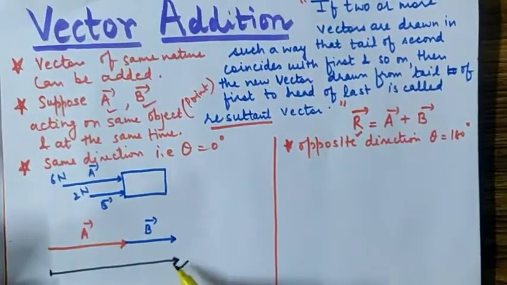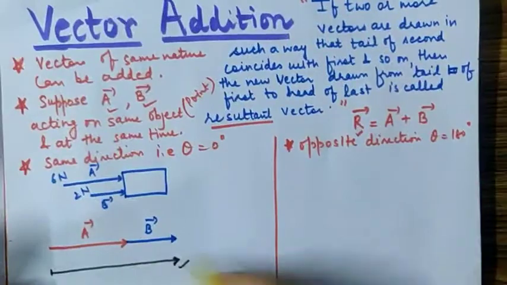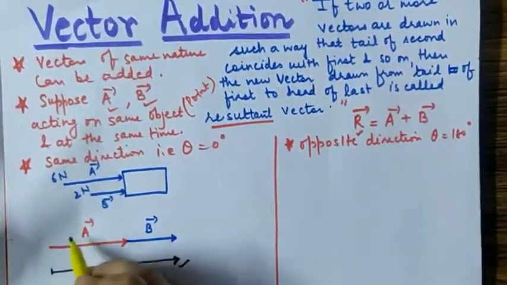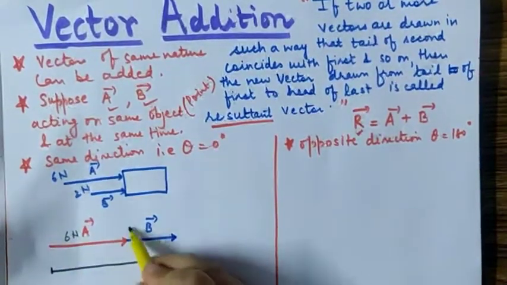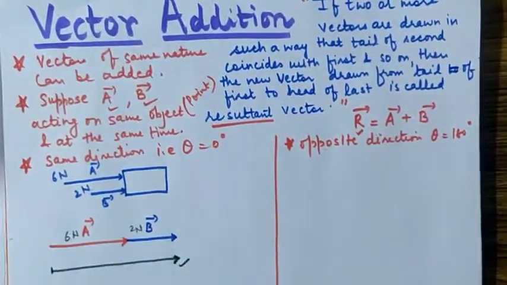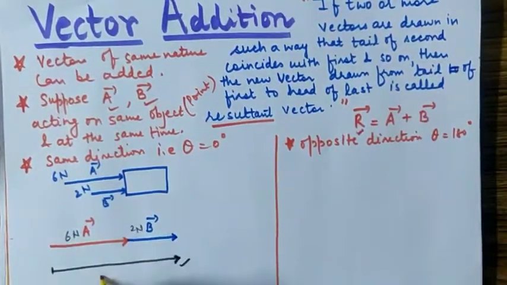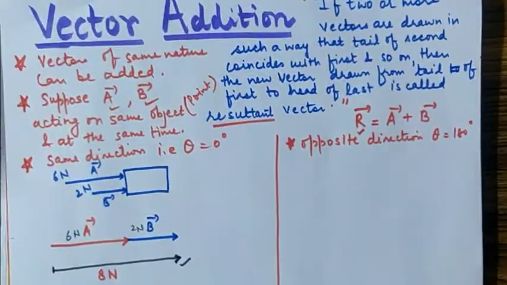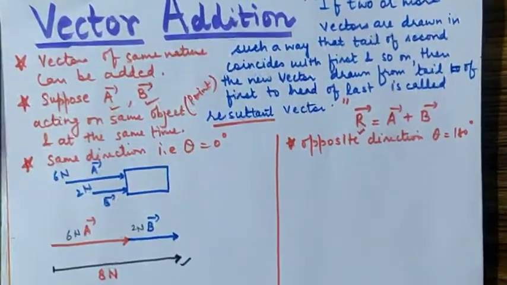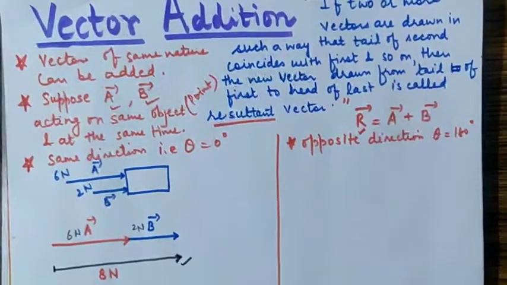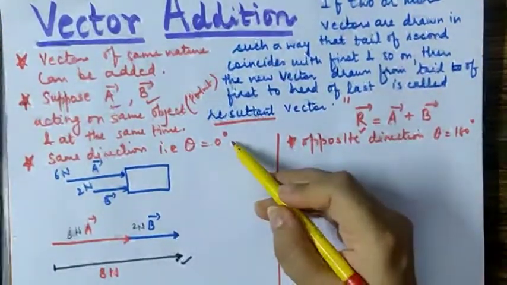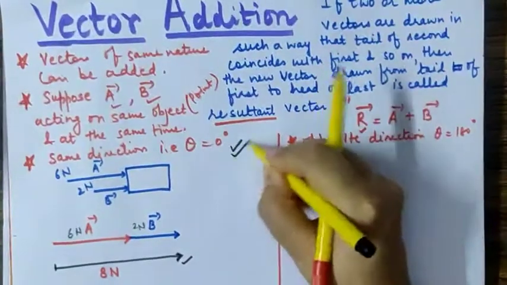So the direction of the resultant, as we can see, will be the same as that of A and B. And what will be the magnitude? This was 6 Newton, this was 2 Newton. So it is understood that this total vector will be 6 plus 2, that is 8 Newton. So vector addition is the same as that of algebra. When you get 6 and 2 in algebra and are asked to add them, you will give the answer as 8 Newton, and that is the case in vector addition only when the vectors are acting parallel to each other.